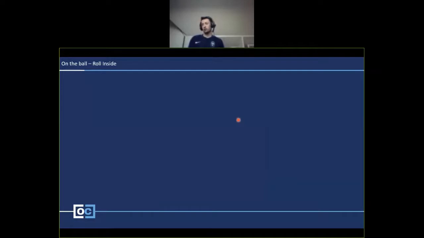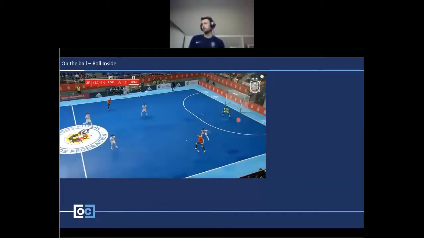Okay, so none of the boring passing stuff anymore. This is Solano in the game against Japan. I think it's the other game, actually, the second game. He's got his matchup, and you can see here the defender, he's absolutely terrified. He's miles away from him. And even with 2 meters, he's going to do a roll inside, which is going to let him have a shot in goal and ultimately score.